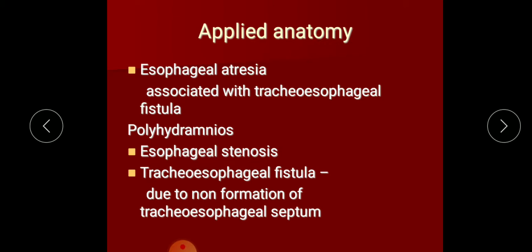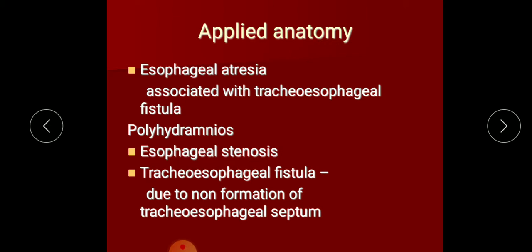And one more thing you should remember of esophageal atresia. Say a pregnant lady comes to you, and the fetus is suspected of having an esophageal atresia. The very common presentation you get in that pregnant lady will be polyhydramnios, increased amniotic fluid. Why is this increased amniotic fluid, or polyhydramnios, often associated with esophageal atresia? That is because in esophageal atresia, the fetus will not be able to swallow amniotic fluid.